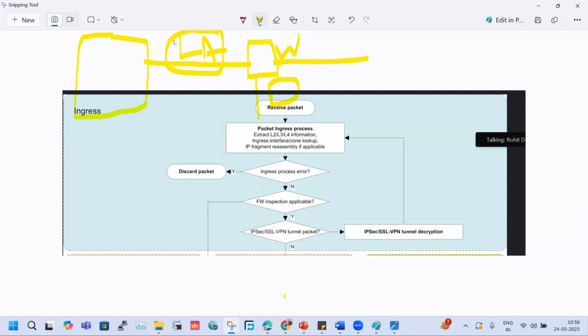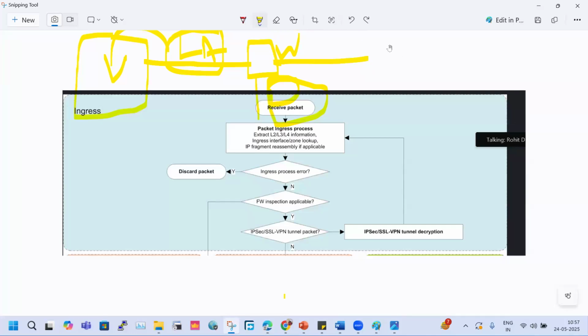The LAN zone is where you put all your local area network devices. The DMZ zone is the demilitarized zone where you put all your public servers, because you do not want anyone from the outside world to enter your local area network. That is the reason we keep all our public servers in a separate zone known as the demilitarized zone. And next, you can call it the WAN zone.